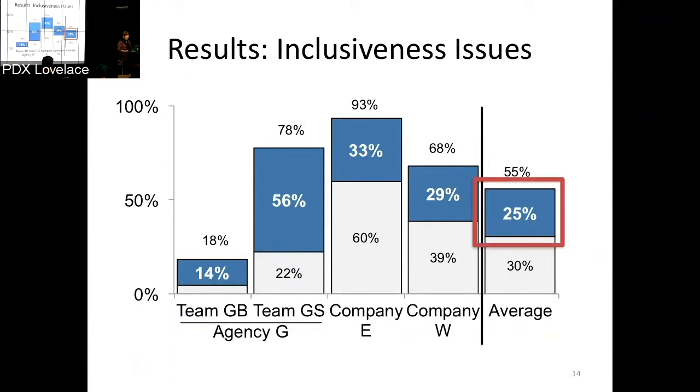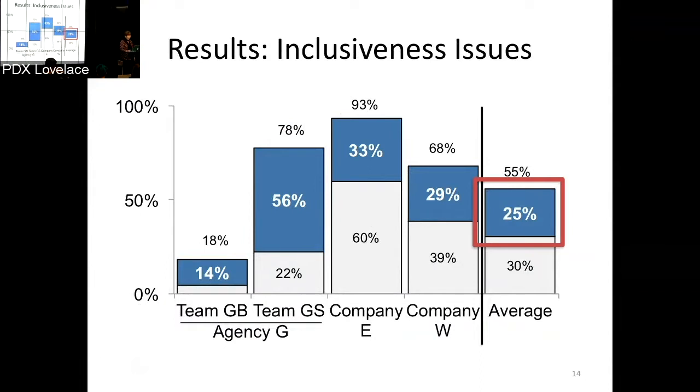Okay, here's the bottom line of this one, 25%. So that's the average. These are software developers looking at software they supposedly love because they wrote it, and they're using GenderMag themselves to find gender biases, and their average is 1 out of every 4 features they're looking at, they're finding a gender bias. That's terrible, isn't it? You all think that's terrible? I think that's terrible. That blew me away.